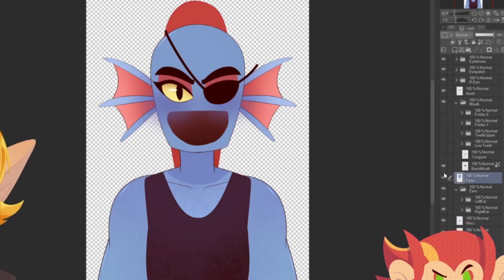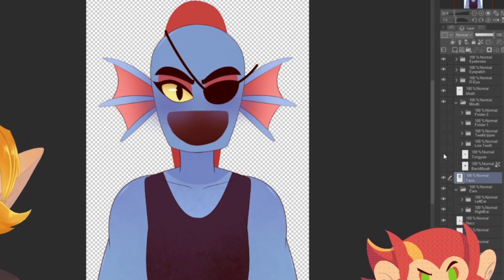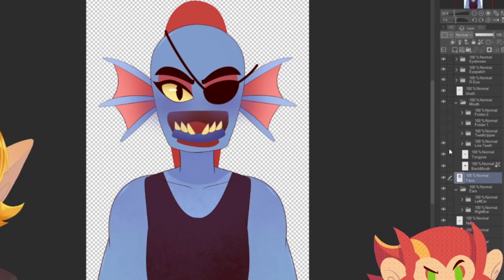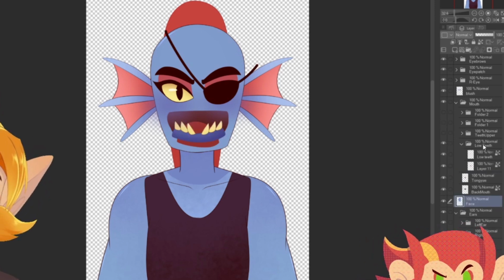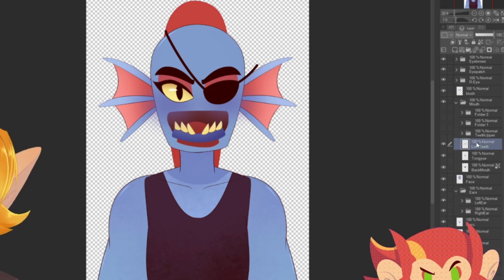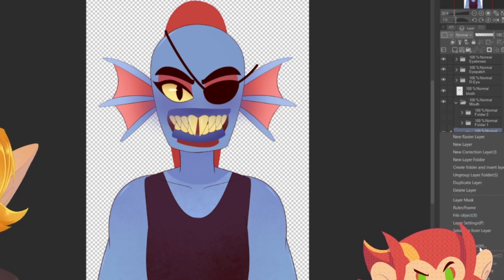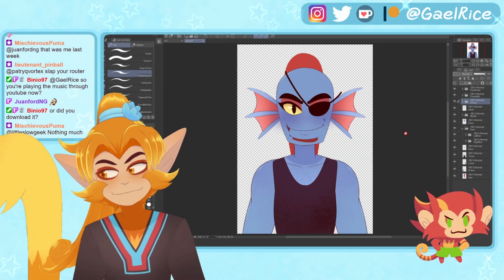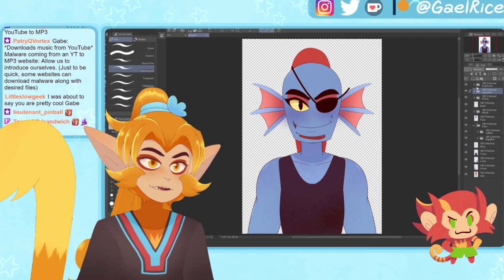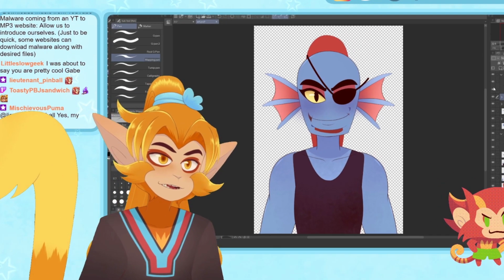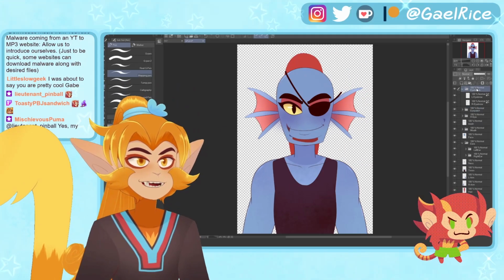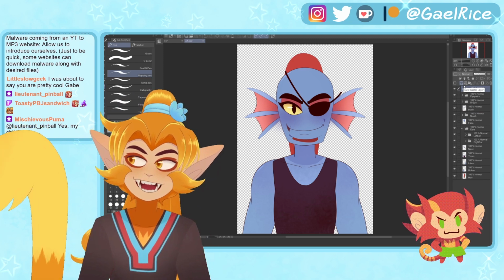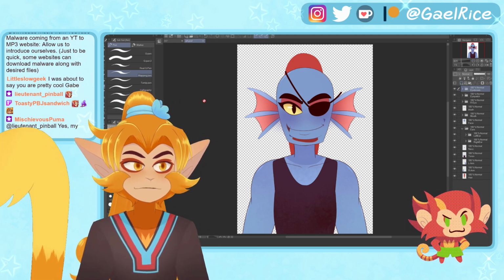Alright, so the mouth is another entire thing of its own. So this is the back of the mouth, the tongue, the lower teeth. Yeah, this goes combined, and the upper teeth, this goes combined. Eh? Oh, I was like, where is the other eye? There we go. Okay, so all the pieces are together. This is a very simple, again, very simple thing, but I think it's good to showcase how